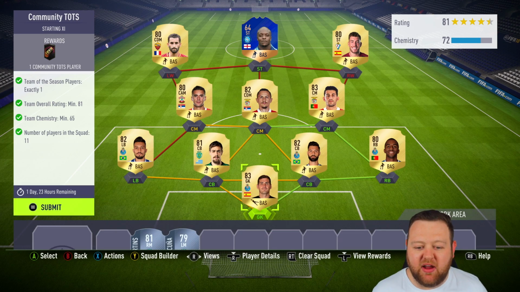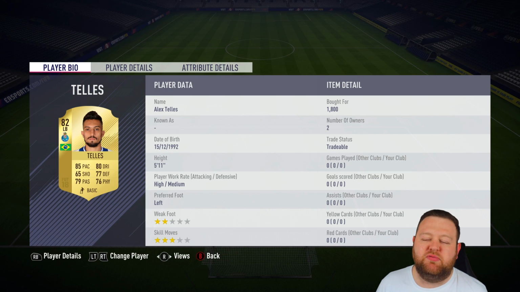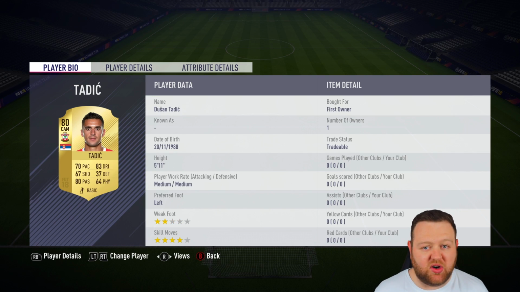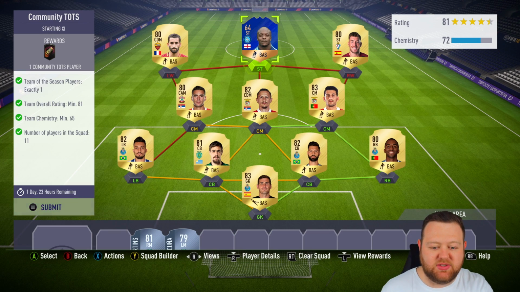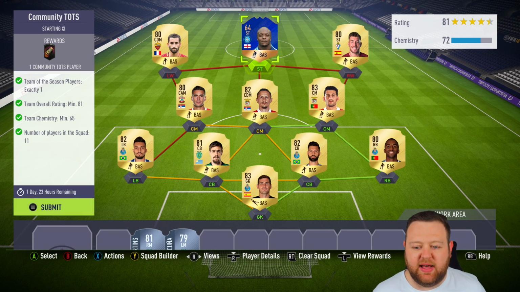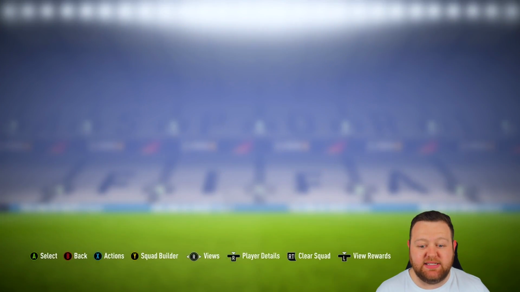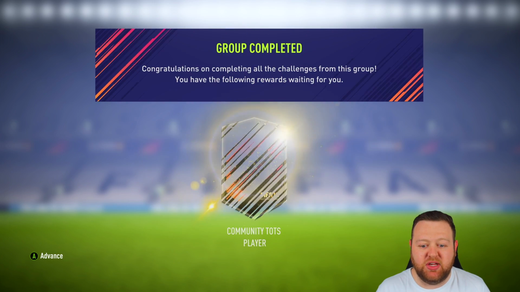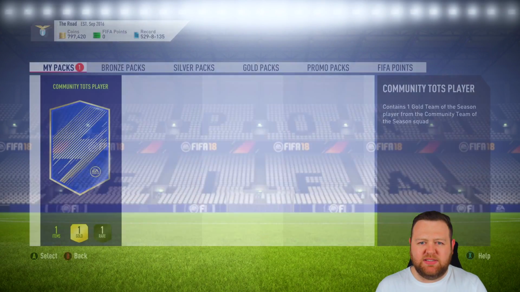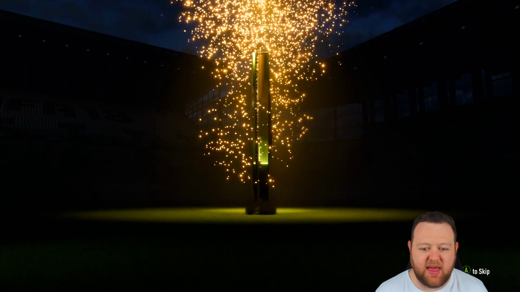And these are the players that I randomly just put together and decided to use. So I went out and bought some players from the Liga NOS, and they didn't really cost me very much at all. And then I had a few players that I just stuck in the squad randomly, like Tadic, Gonalon, and that Spaniard guy, as well as my bronze 64 rated Akinfenwa. So that cost me just over 10,000 coins, I'm pretty sure. Maybe about 10,000 coins and 4 games of squad battles to get myself a guaranteed community TOTS player,